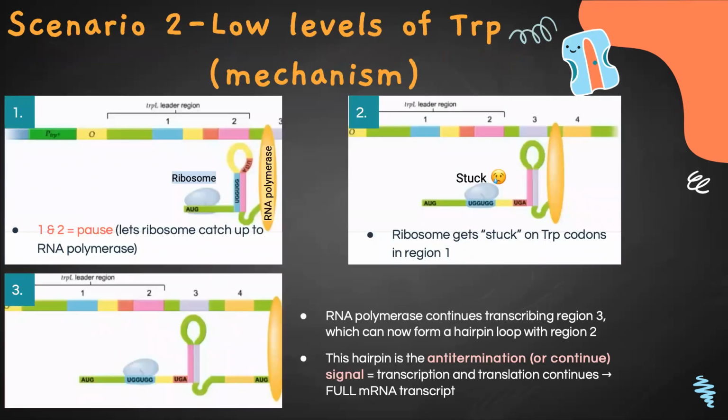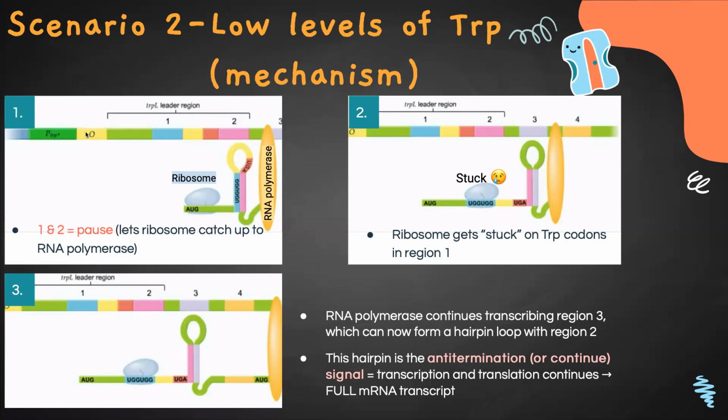So this shows a better illustration of what's happening. I broke it up into 3 segments. First, your 1 and 2 regions will come together. So the RNA polymerase, if you can picture it starting off over here in the promoter region,